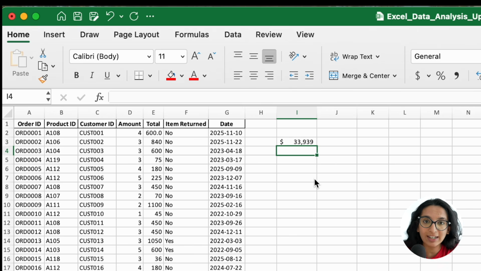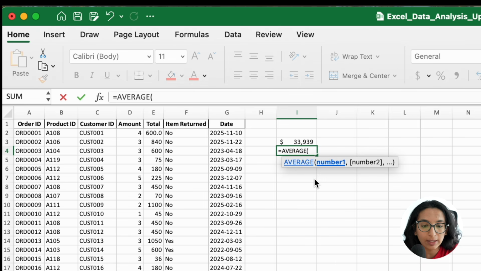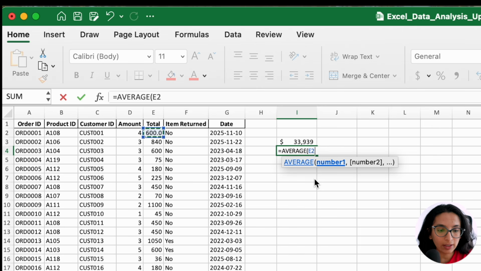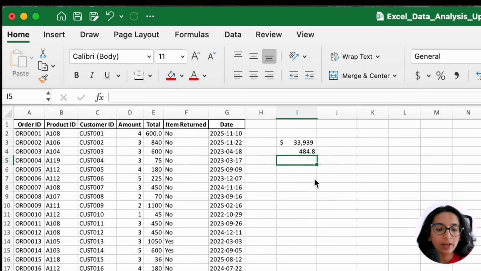If I was interested in another aggregate function, the average maybe, I will start typing it up and then hit tab on my keyboard. You'll notice that when you're using functions in Excel, it actually tells you the parameters that you need for that function. In our case, we just need one number. So again, I'll hit command and the left arrow key to go straight to my data set without having to hit the arrow key twice for column H and then G. Hit command shift and then the down arrow key to select the entire column, hit close parentheses, and I have the average value.